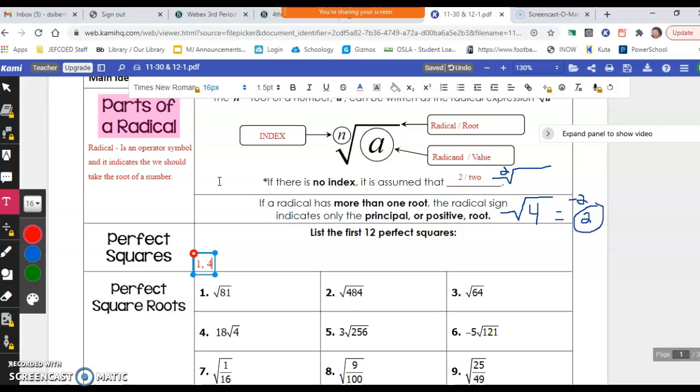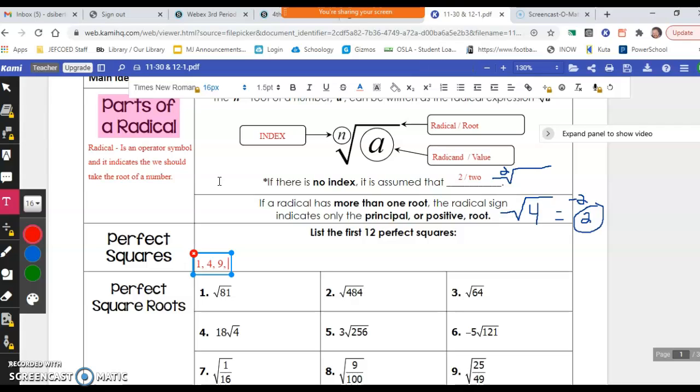Yep. 5, 6, what times what gives you 6? Same number. Is there one? Then say no. 7, 8, nope. 9. Okay. 10,